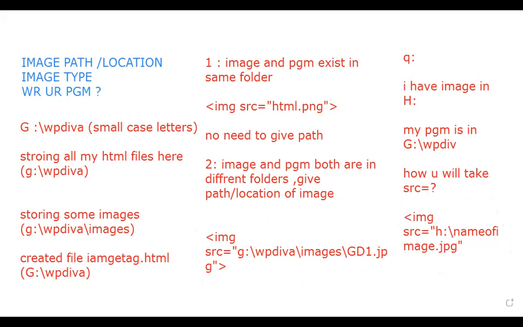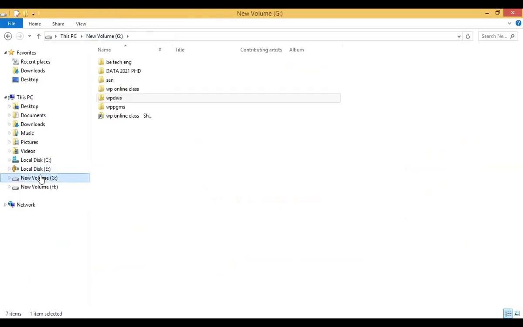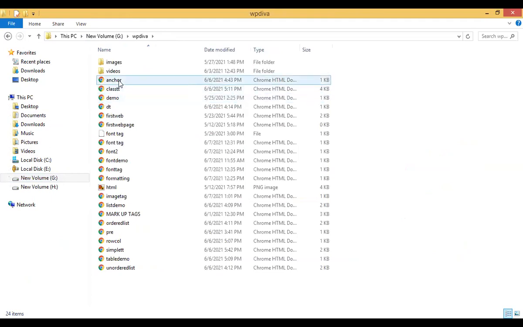So I'll just open the folder for you here. See, once again, I have a G drive. In that G drive, I have a WP division A folder, and here I'm storing all my programs. Then there is one more folder called images.